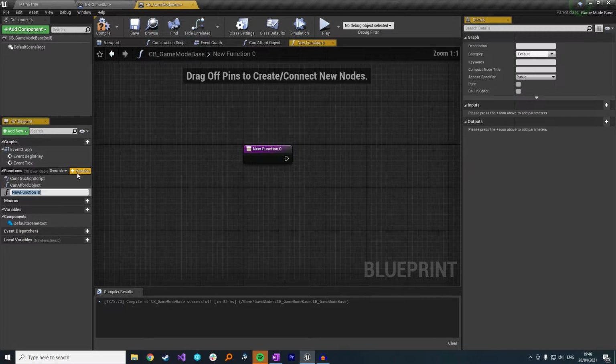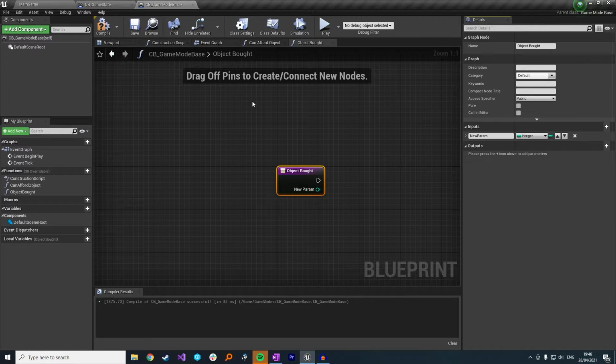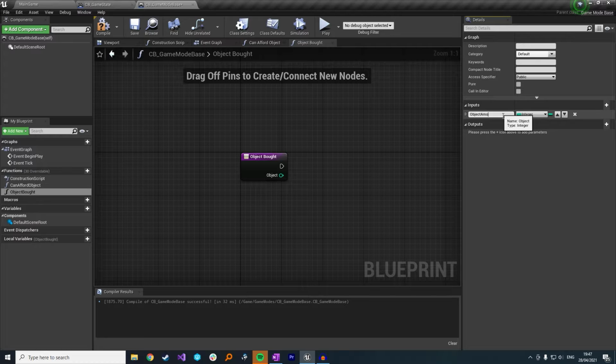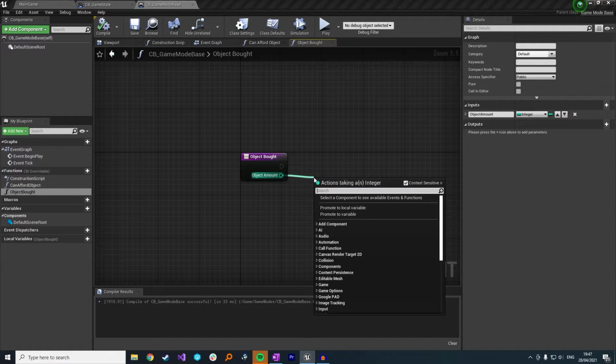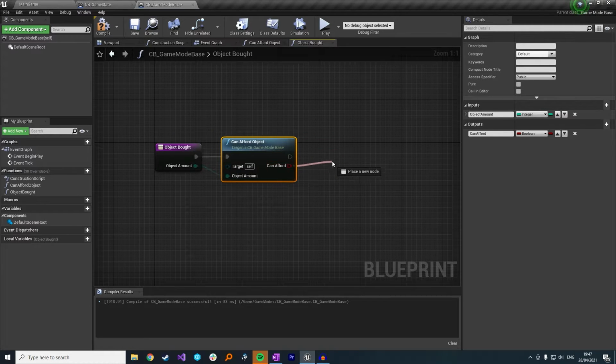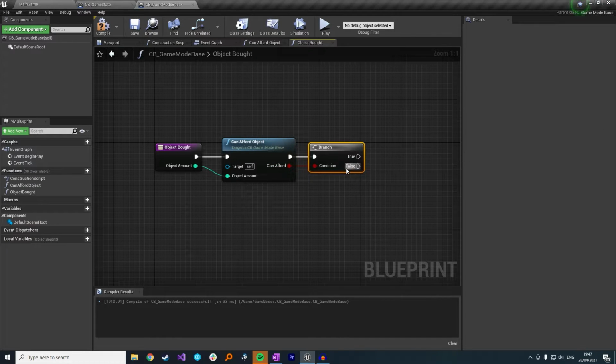Let's actually create another function, and we'll call this one object bought. Again, this is just going to take in an input. We're going to call this the same, so we'll call this object amount. And we can actually just do a quick check on this using the function we've just done. So can afford object. Let's make sure that we can actually afford this object. So we'll do a branch. And if we can,